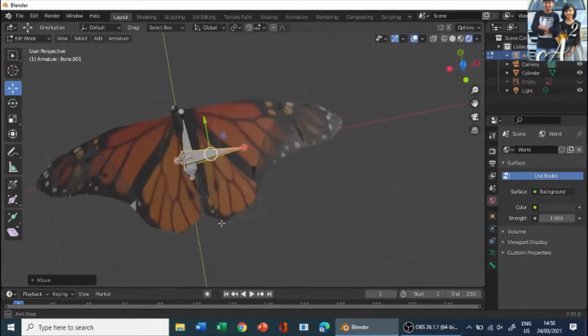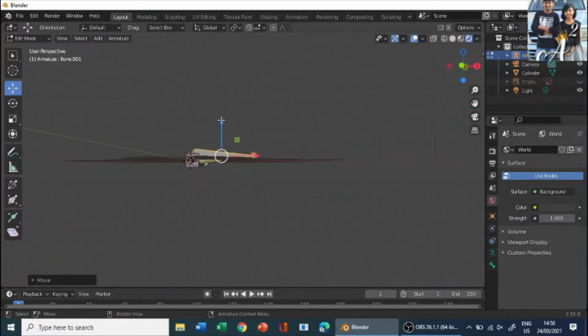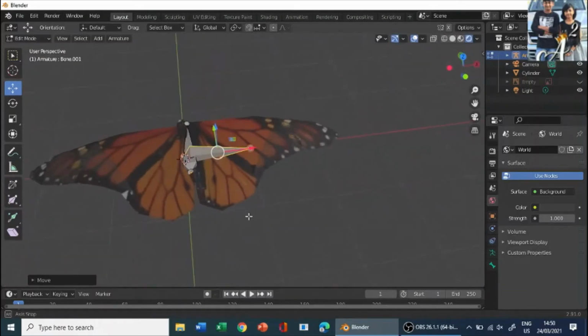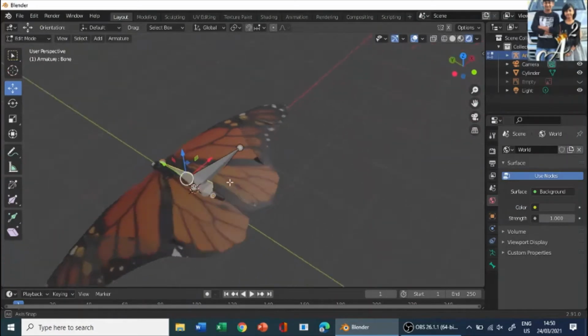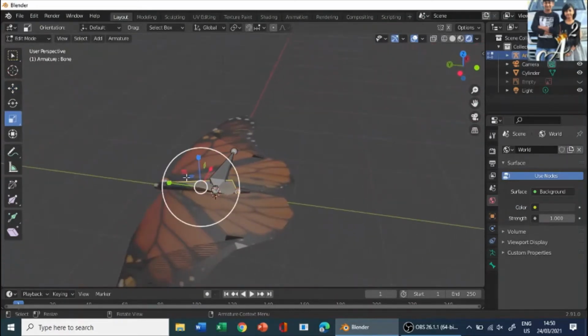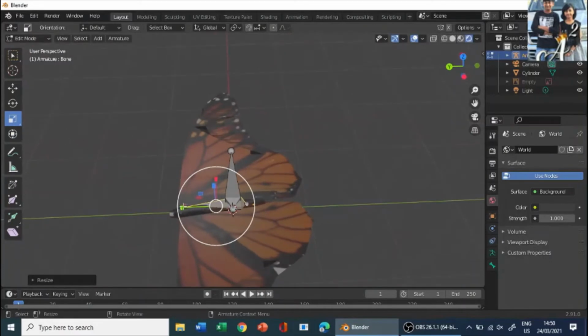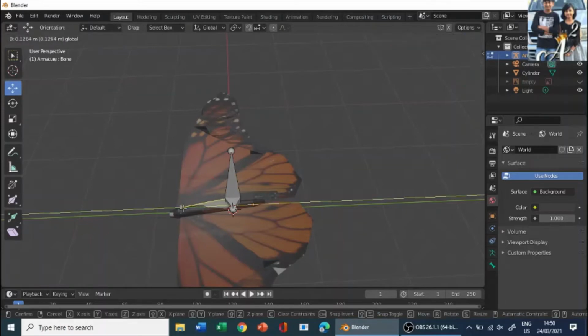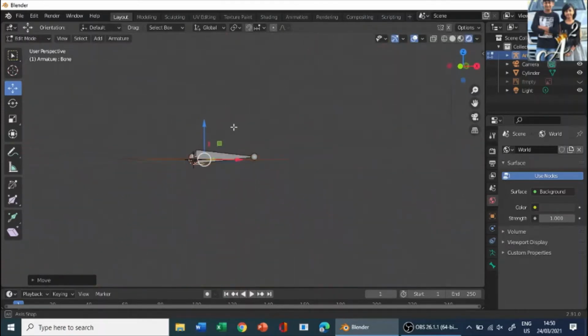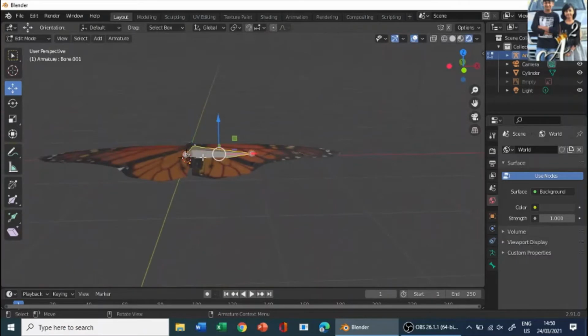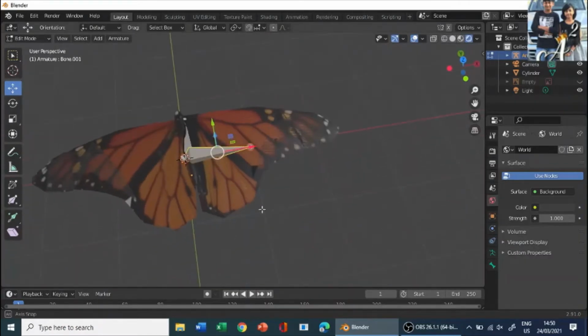I'll make this point where it should be, and let's sink it a little bit down so that it's over there. Let's scale this armature: on the Y axis scale it down, scale it a little more, and move it to the front. Okay, now our armature is ready.